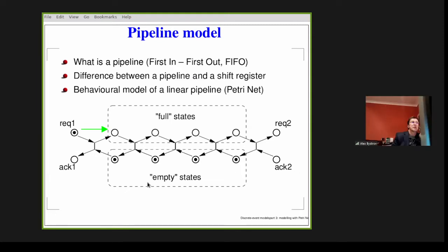Right, so it's a Petri net, and I call it a pipeline model. A pipeline consists of stages. 1 stage, 2, 3, 4, 5, 6. Well, let's ignore this stage and this stage because they're incomplete, different from what we have in the middle. Okay, so let's say that inside the pipeline we have 1, 2, 3, and 4 stages.